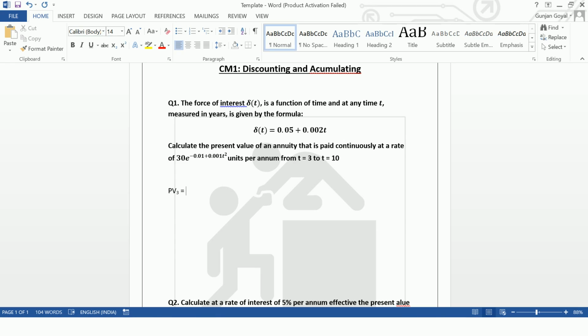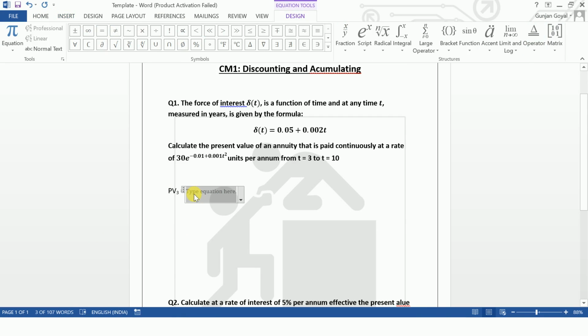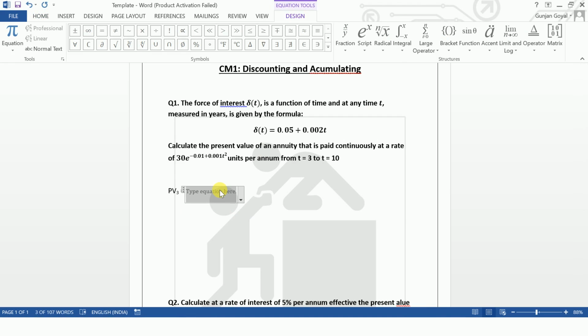Then we have the insert equation. So you find insert equation here, insert tab, and here you find the equation. So you get insert equation, and there are a lot of series which you can see here to write your equation. Currently, wherever required we will only use this. I am showing you the shortcut to write this. Firstly, insert equation shortcut is alt equal to. Alt equals to inserts your equation.